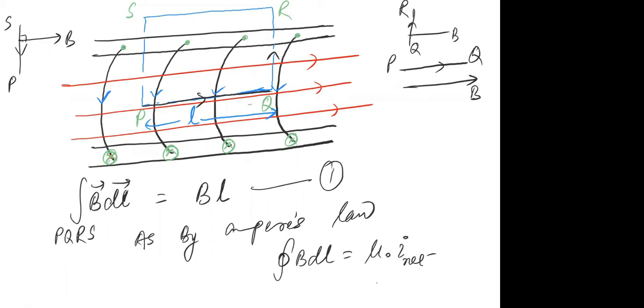Through one turn or through the whole loop? So remember, through the whole loop, right? Through this whole loop. This net current means the current which is flowing through the whole loop. For instance, if you look at this carefully, this turn carries a current of I. This turn also carries a current of I.